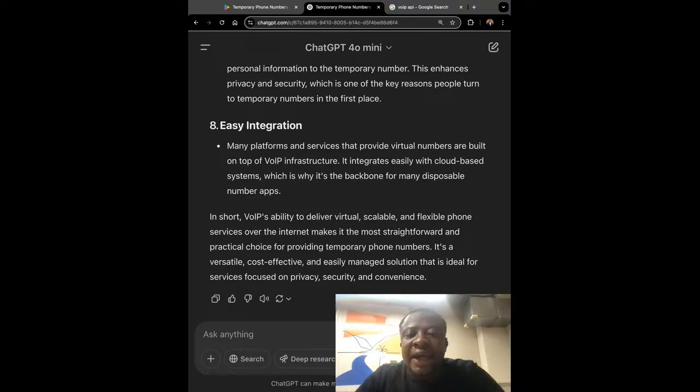Now, let's ask which one. Of course we can go create our own VoIP server, but it's too much work. If somebody has already built it, why not just pay them some pennies instead of spending hours setting it up and ensuring it works?